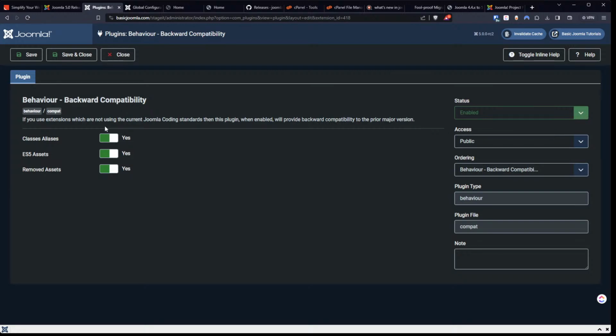If you use extensions which are not using the current Joomla coding standards, then this plugin, when enabled, will provide backward compatibility to the prior major version. Okay, so basically, what does this backward compatibility do? Is it sort of a find and replace when code is being served? Yes, it actually